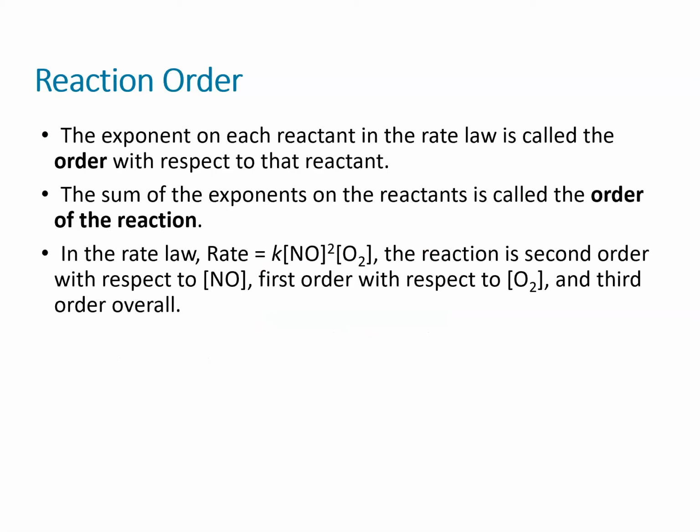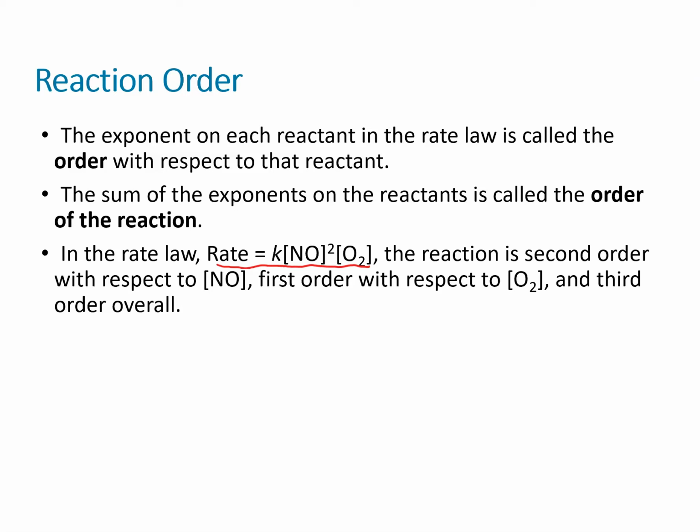So, reaction order. The exponent on each reactant is the order with respect to that reactant. And the sum of all of the exponents of all the reactants is called the order of the reaction. So for this example here, let's take a look at this one here. Rate equals the rate constant times the concentration of NO raised to the second power times the concentration of oxygen